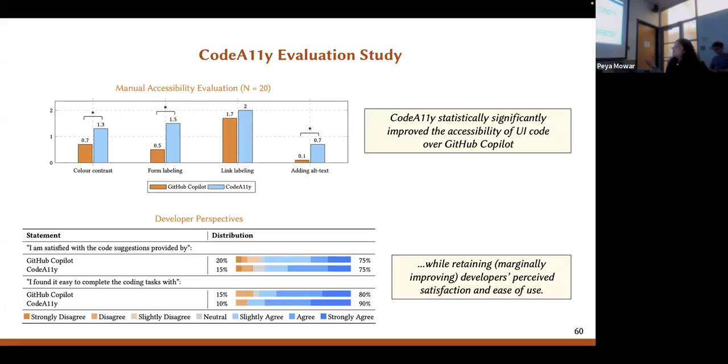The developers rated CodeAI with equal or higher satisfaction and ease of use as GitHub Copilot. So not only was CodeAI silently improving the accessibility of the code that the developers were generating, it also didn't seem to have a strong effect on developers' behavior.